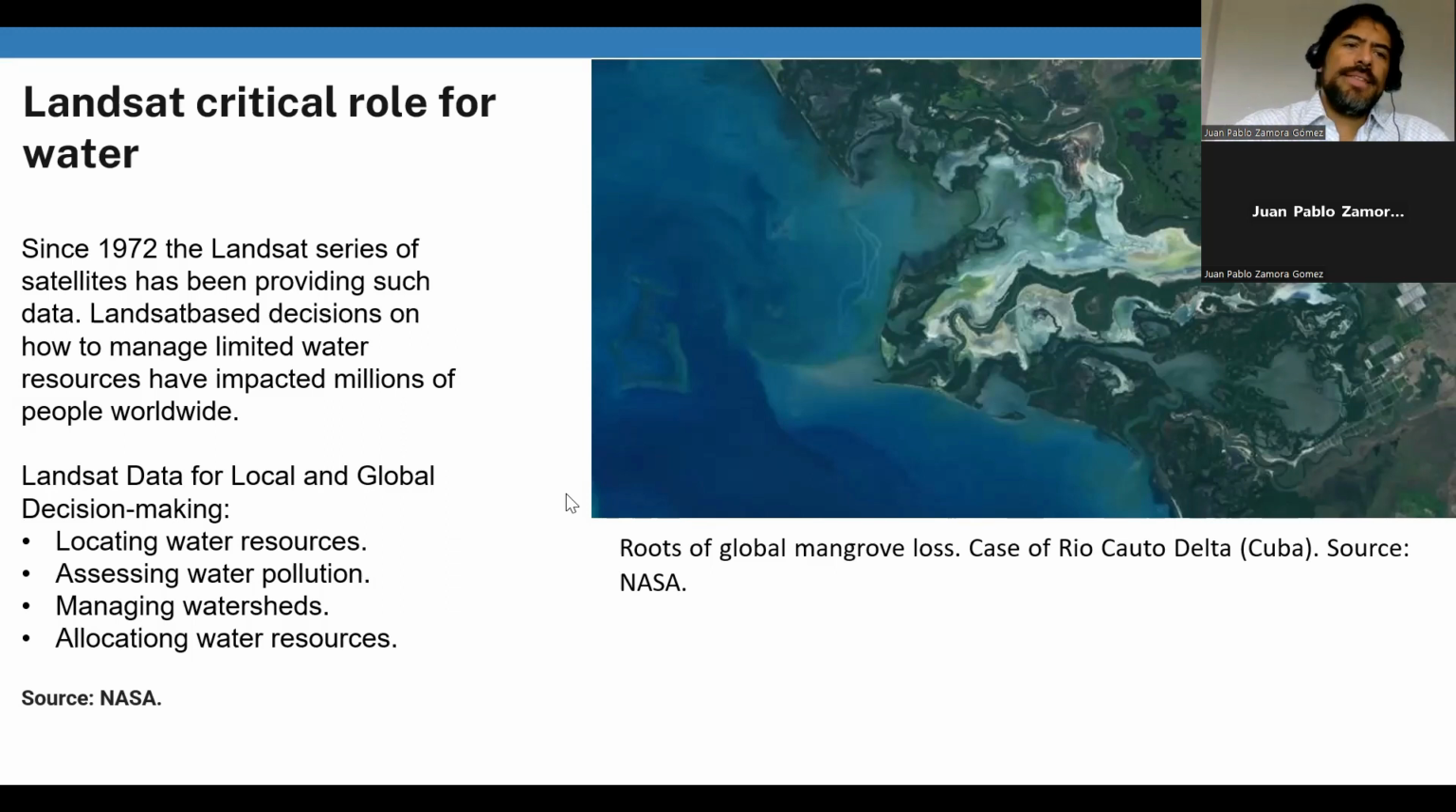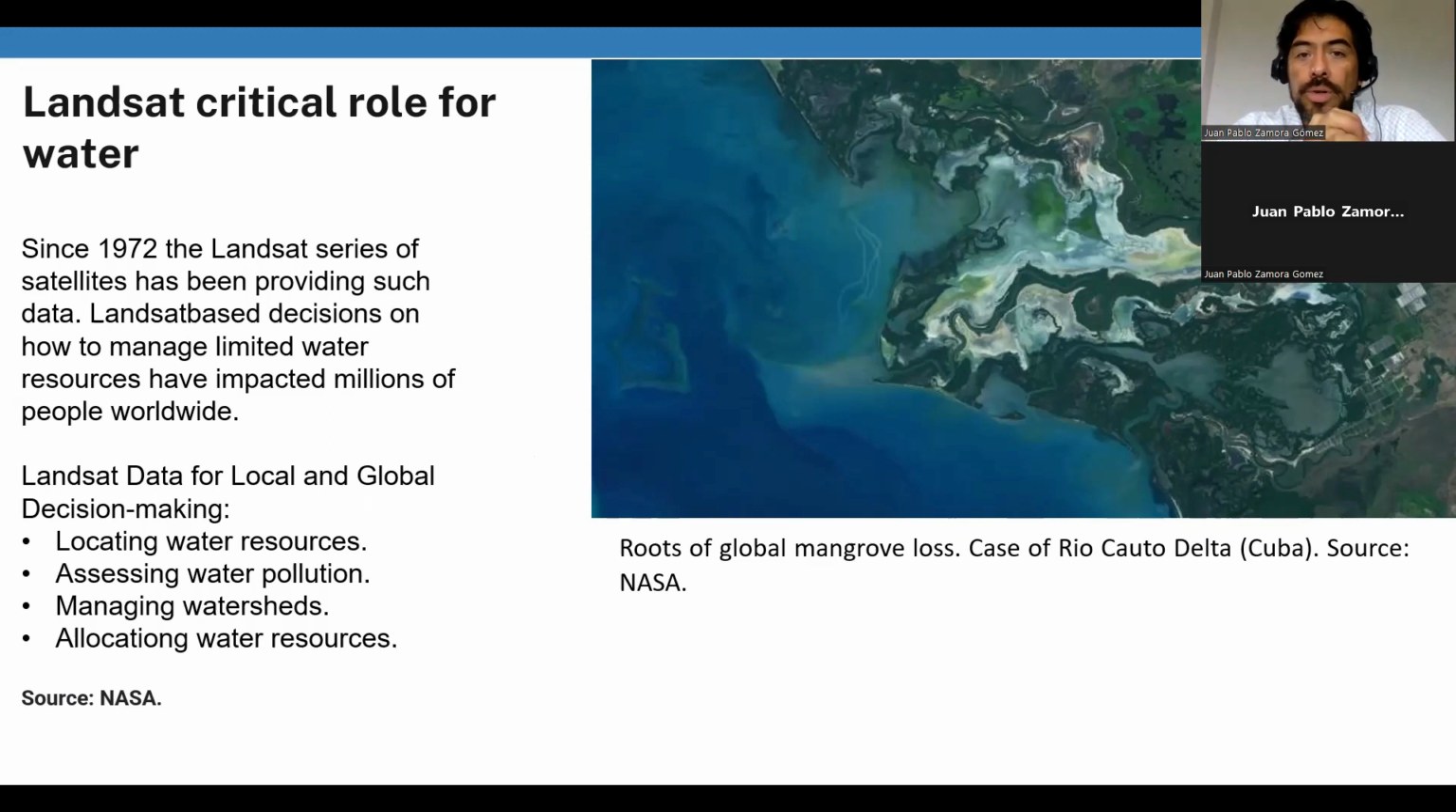But Landsat has played a critical role for water since 1972, because Landsat data assist local and global decision making with four main purposes: locating water resources, assessing water pollution, managing watersheds, and allocating water resources. For example, we can see in this image